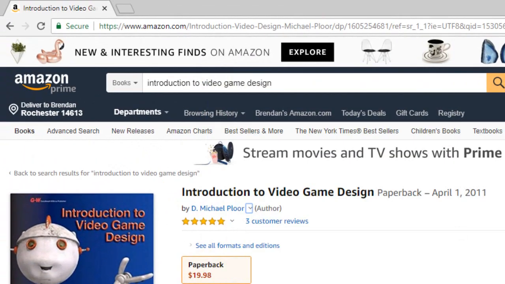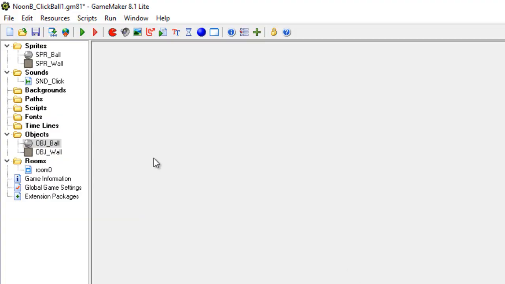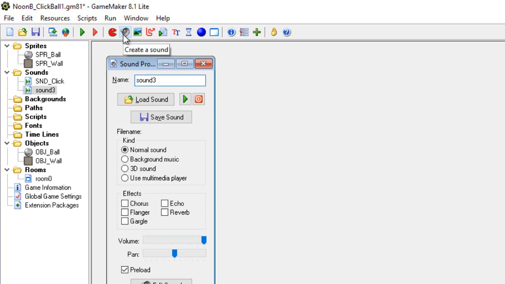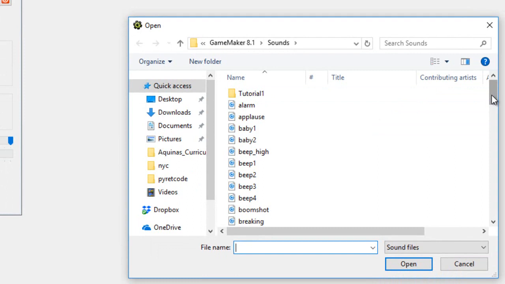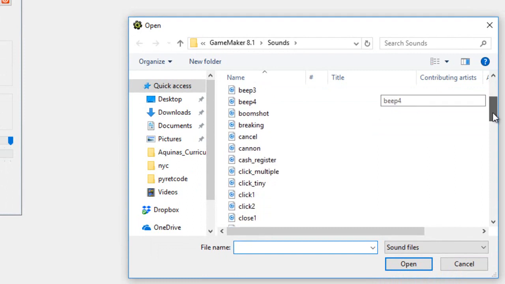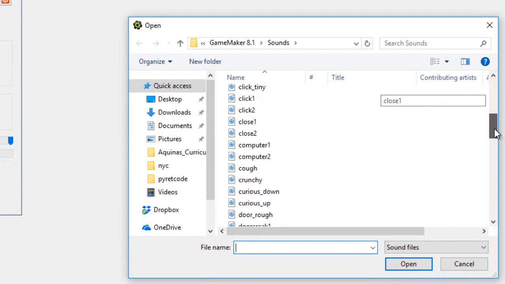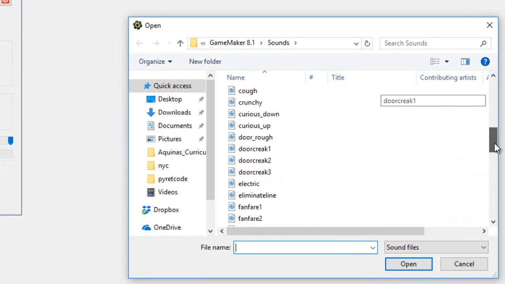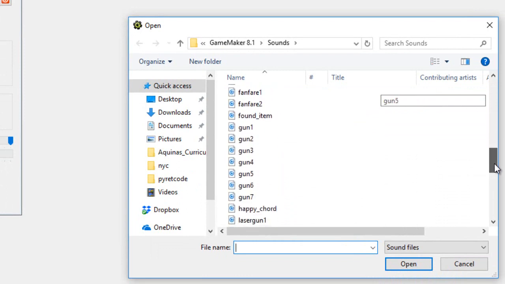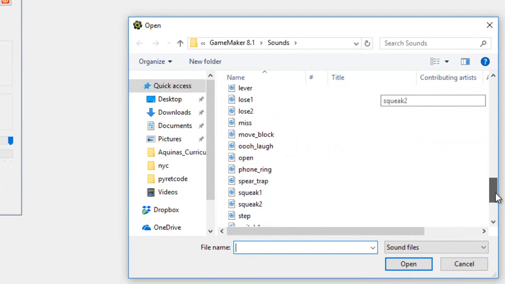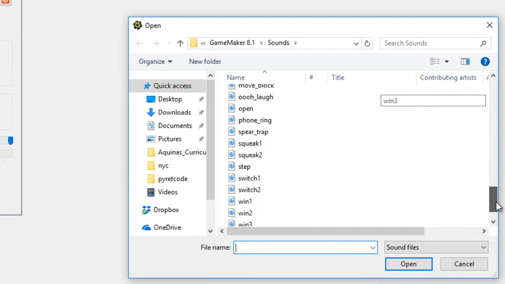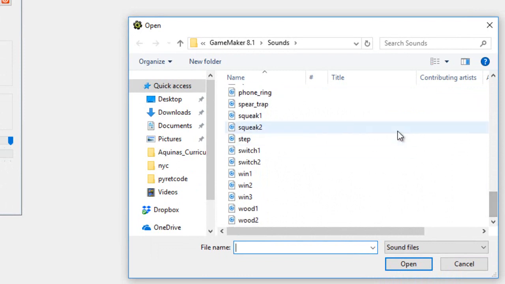walls also. So let's go back, and we want to add a sound. So first thing we want to do is create a sound, and we want to look. What do we got here? We got all kinds of sounds: breaking, cash register, crunchy, door opening, creak, electric, found, gun, laser gun, lever, loose, miss, a laugh, a ring, a squeak, maybe a squeak, wood. So let's do a squeak,